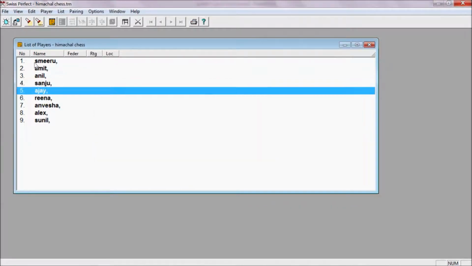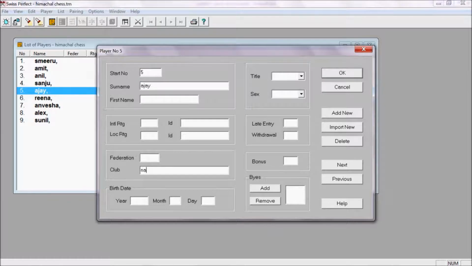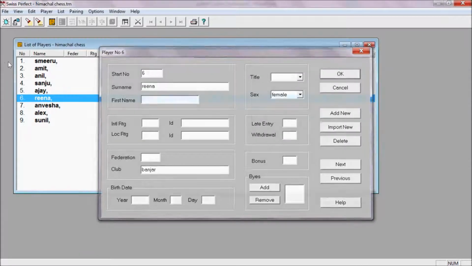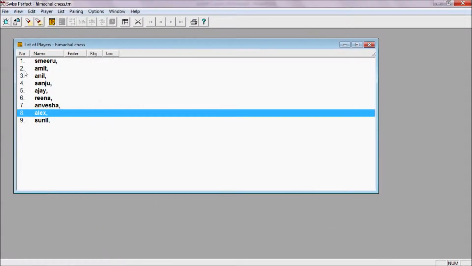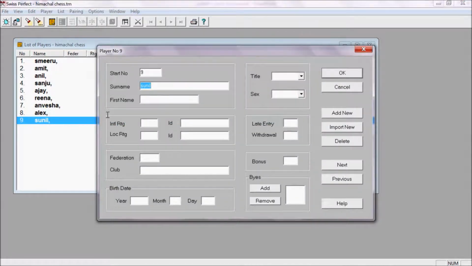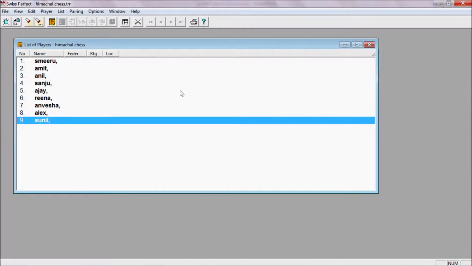Club name is entered. So I have entered club names of all the players, there are 9 players in this tournament. So I have entered club names also.